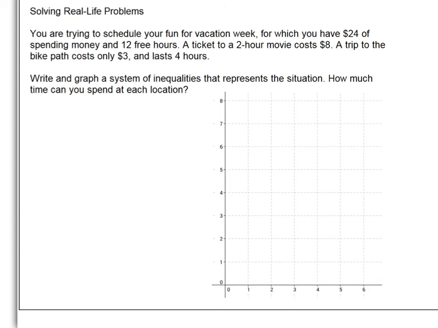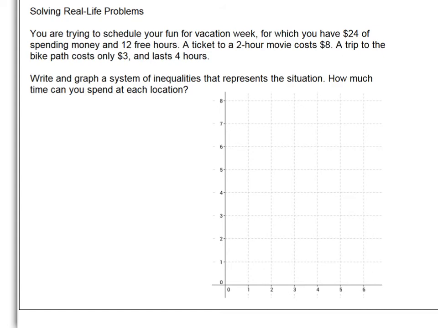We have a couple of options. We can buy a ticket to a 2-hour movie, and that could cost $8. We can also pay admission to a local bike path for $3, and that would give us the opportunity to ride for 4 hours. What we're going to do is use this information to write two inequalities and then graph them, and determine what the graph tells us about our options in terms of spending time and money